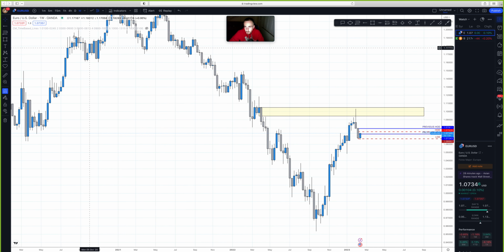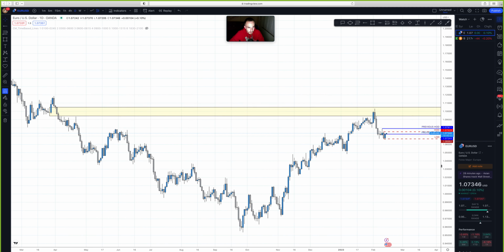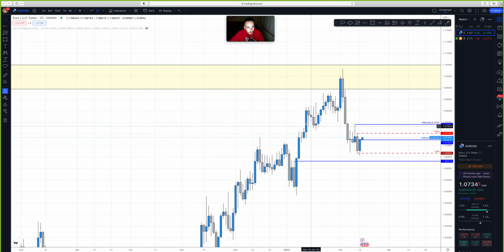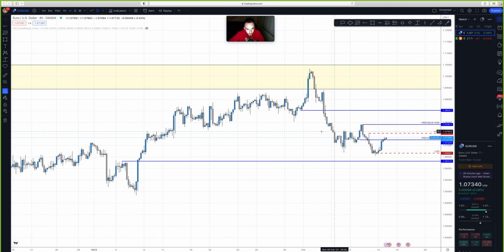So after this weekly supply that we're coming from, let's go to the daily time frame, and then let's mark this right here. We have this major demand zone that we're working with on the daily time frame. I thought that was the target that we're gonna hit this morning, this area right here. And then we have the supply zone right here on H4. I want you guys to notice how it's the right shoulder. We have the left head and then possible right shoulder coming from this area. So that's a very likely area that we're going to see price pull back to continue the sell movement from this area here.